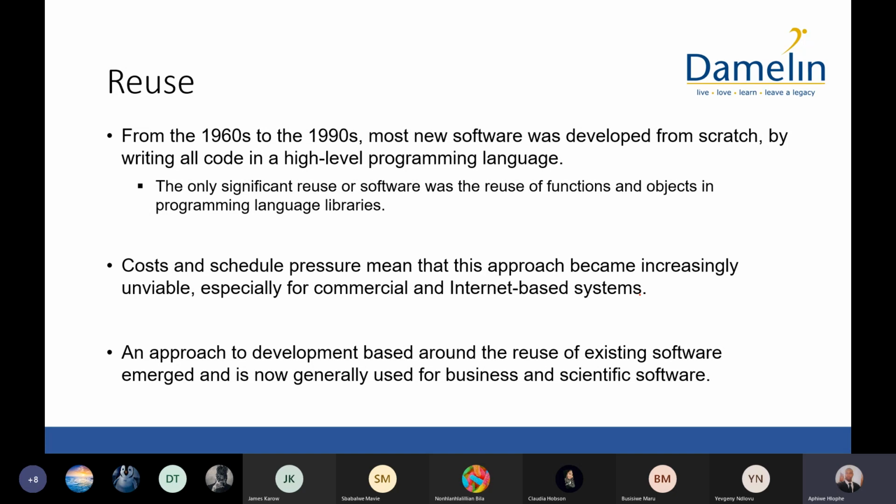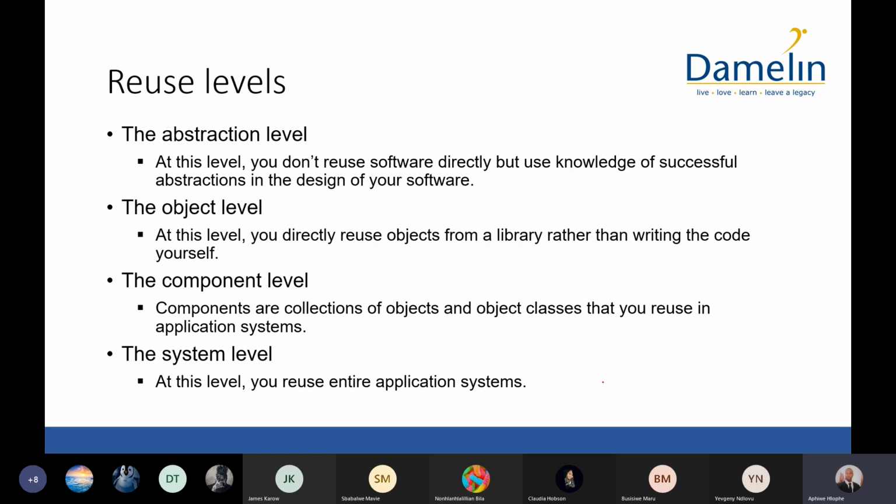And you can imagine that modern systems are so complex. They include all of these complex features. It will take you a long time to write all the code yourself. Certain components can be reused. An approach to development based around the reuse of existing software emerged and is now generally used for business and scientific software. I just want to move to the next slide, and there are 4 approaches that we can use for